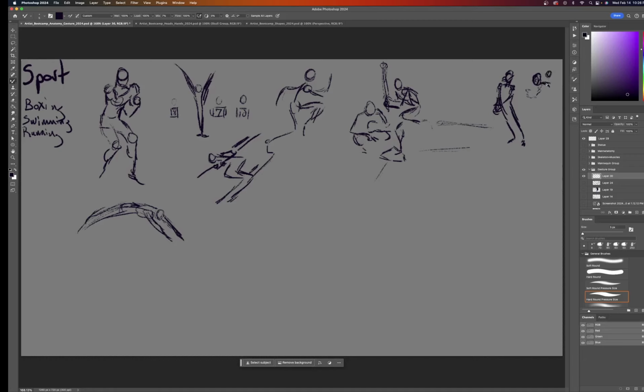They always look strange to me when they're just about to whip that ball. I'm probably so far off on this pitch pose, but